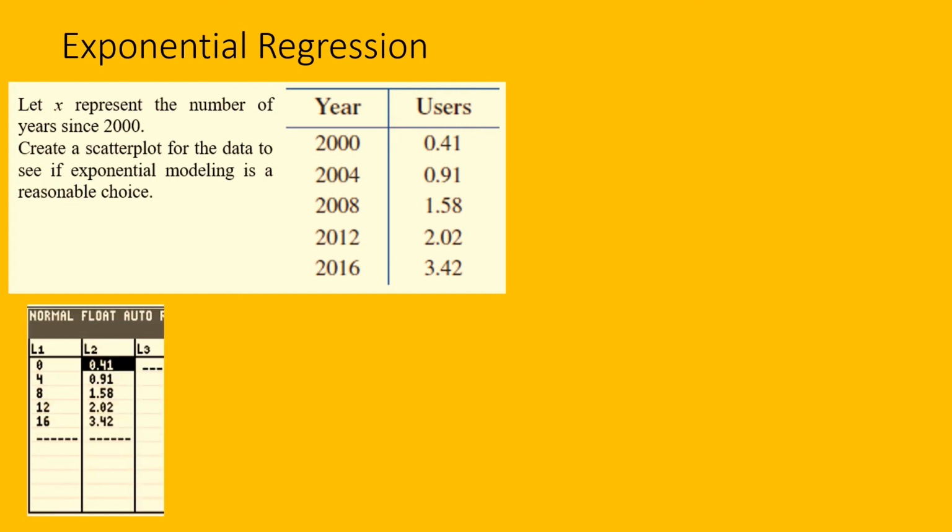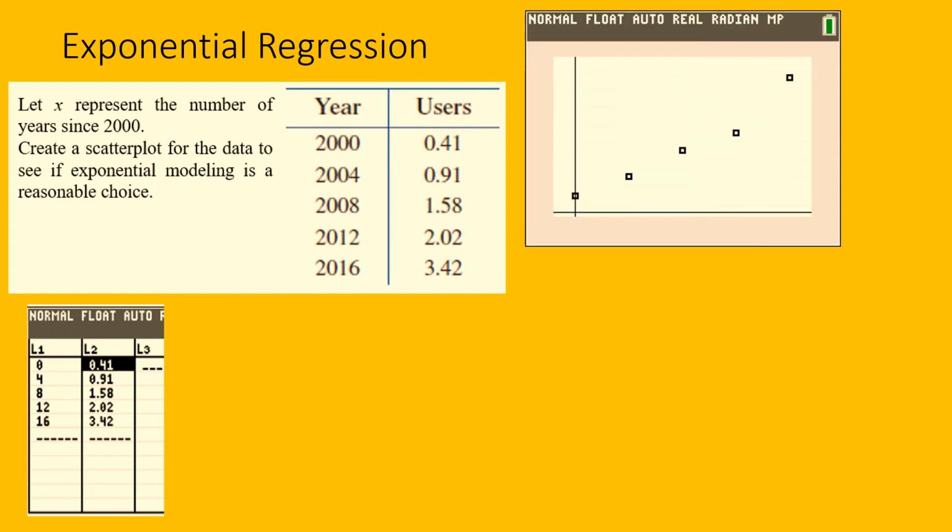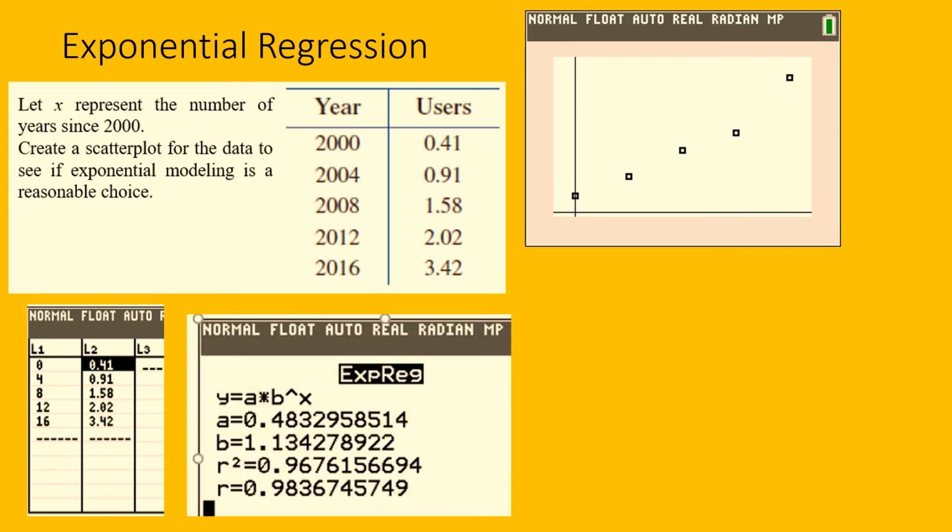We can enter that in a graphing calculator under L1 and L2. Just like the linear regression model and cubic regression model, we can get the regression model using a graphing calculator. So let us select a stat plot and choose the appropriate key to get the scatter plot. And then select a stat